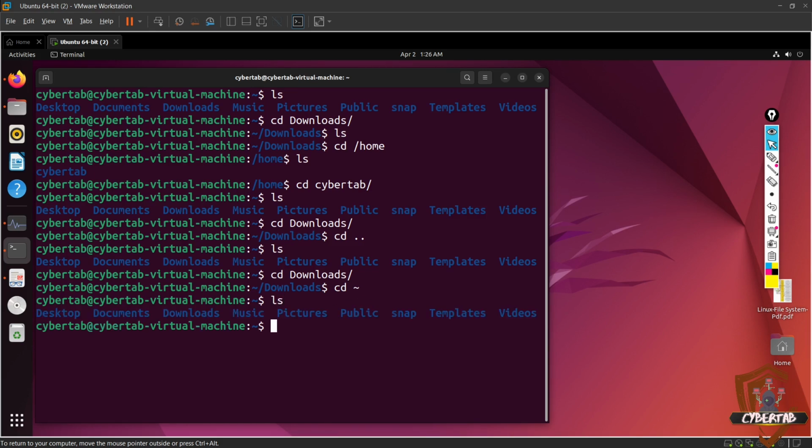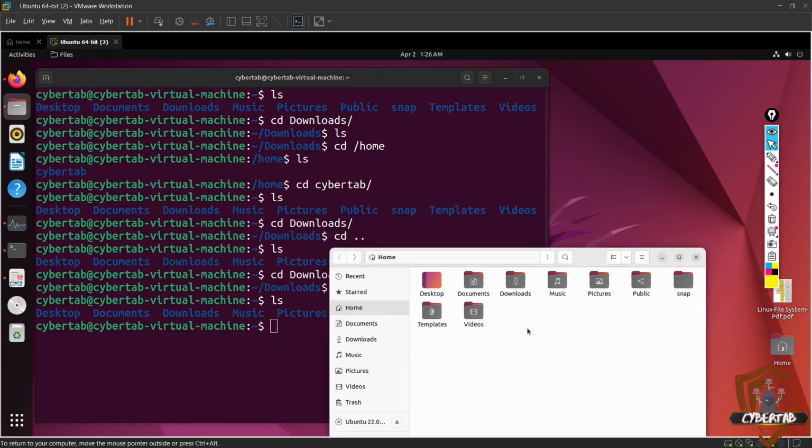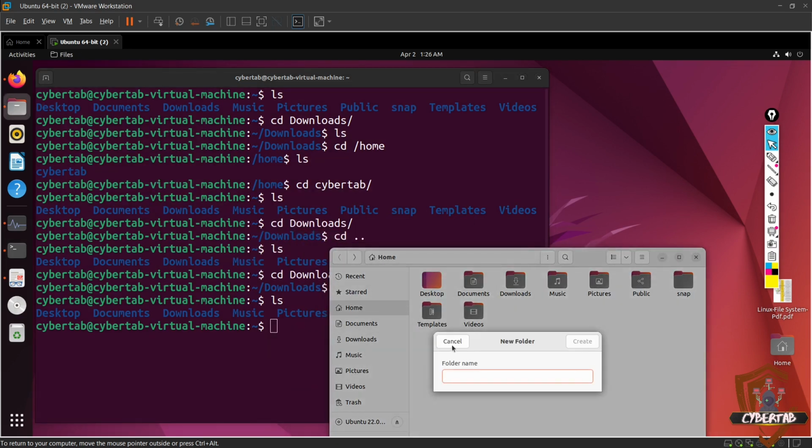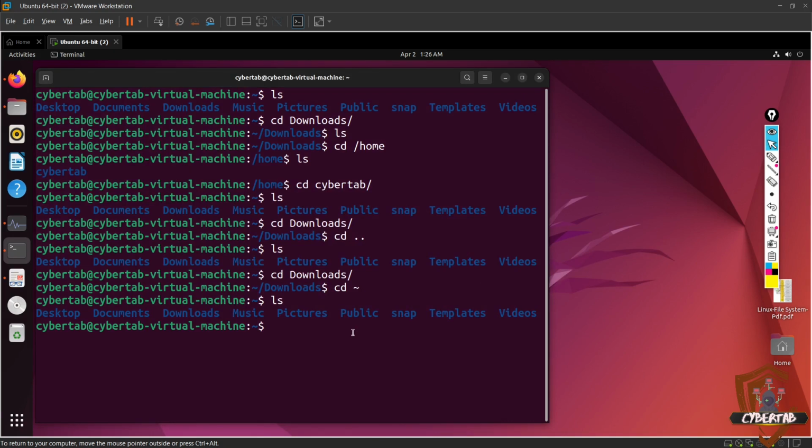Now how you can make directories? Obviously you want to make directories, here you can come up, just create new folder and give it a name and one folder will be created. But from terminal, how you can make it, the command is mkdir, make directory, give it a name. Make sure whenever you want to create something somewhere, you are in that directory. So if I want to create a directory in home directory, currently I'm there, so I will give it a name